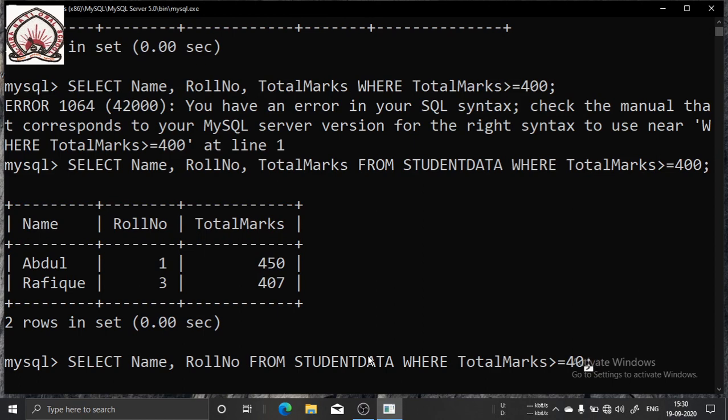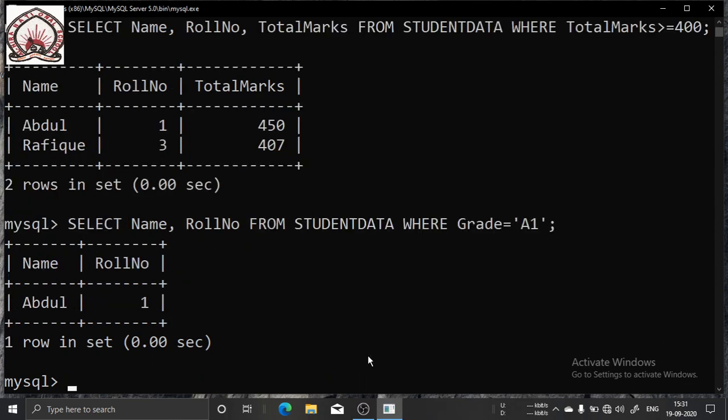So where grade is equal to A1, within inverted commas, because the grade value is a character constant. So it will show me the name and roll number of those students. Only one, Abdul, has got A1. So it's showing the name and roll number of students who have got grade A1.